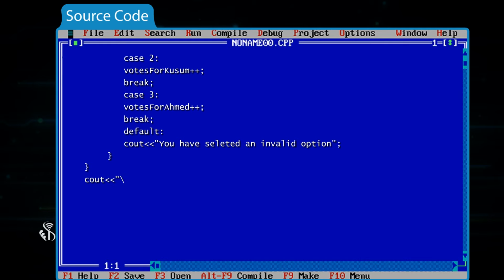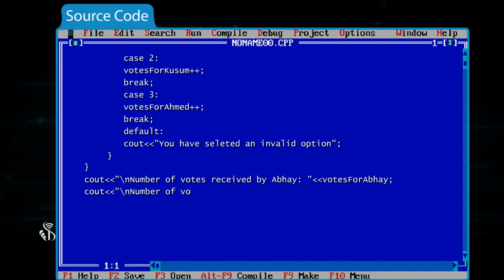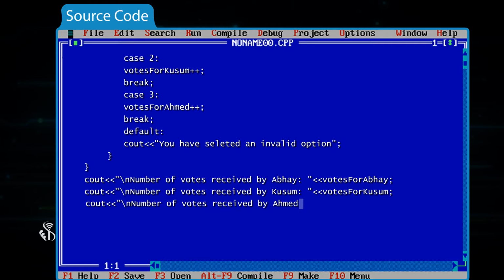cout << "\nNumber of votes received by Abhay: " << votesForAbhay; cout << "\nNumber of votes received by Kusum: " << votesForKusum; cout << "\nNumber of votes received by Ahmad: " << votesForAhmad; getch(); }